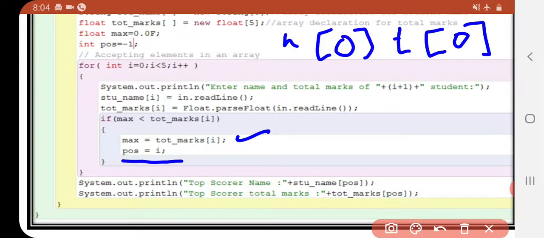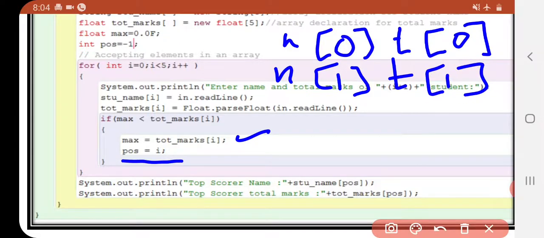In the same way, if the name is in one position, then the total marks is in one position only. If the first one scores 430 and the next one scores 320, then 430 is more comparatively than the second one.